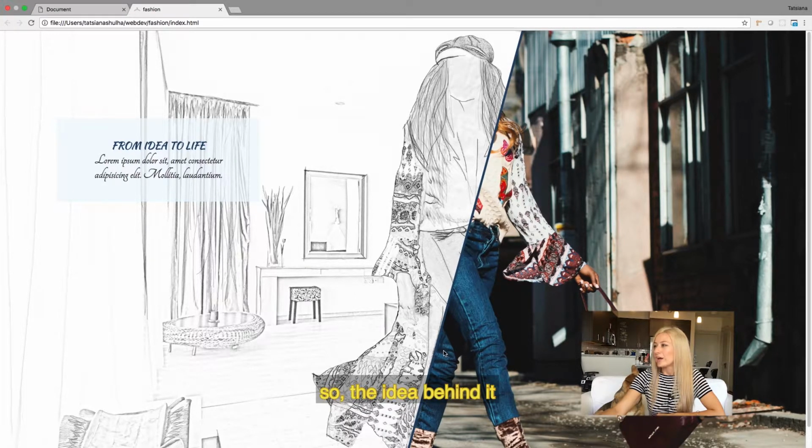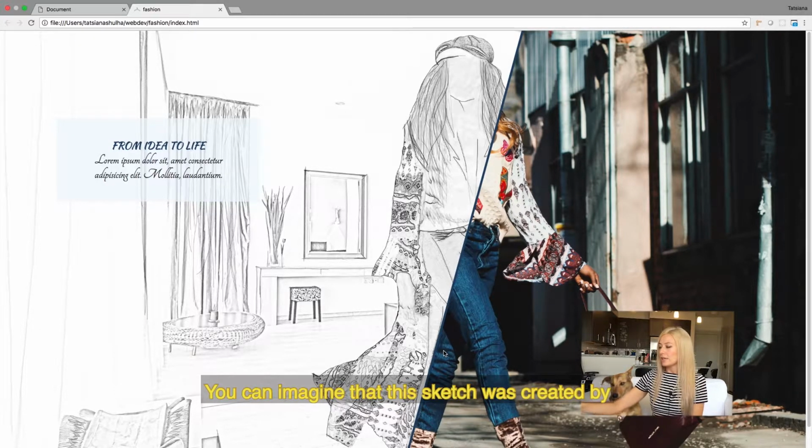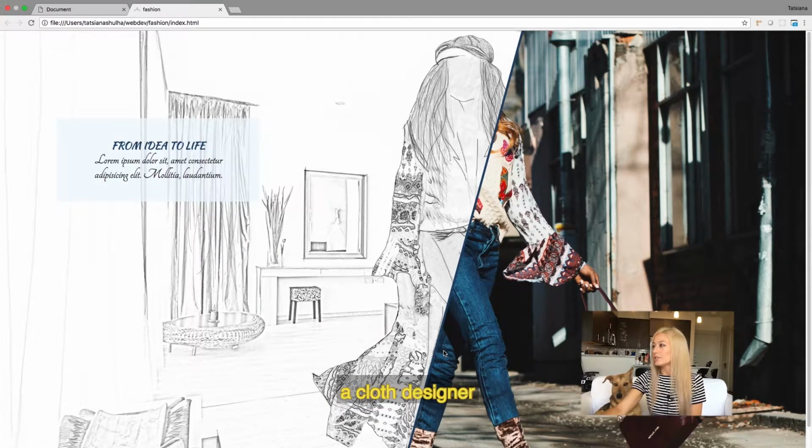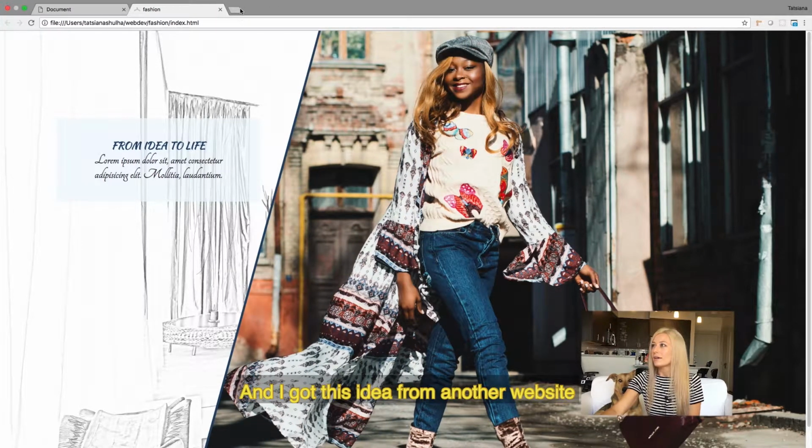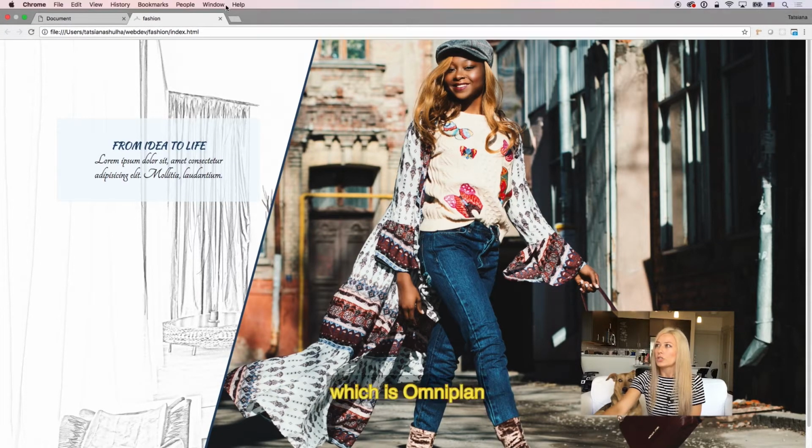So the idea behind it is that it can be used for an online shop with clothes. You can imagine that this sketch was created by a clothes designer. And I got this idea from another website, which is